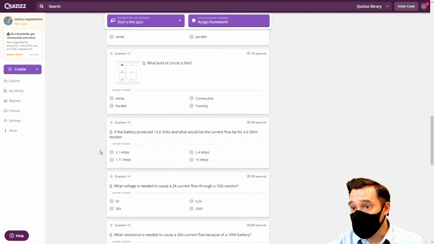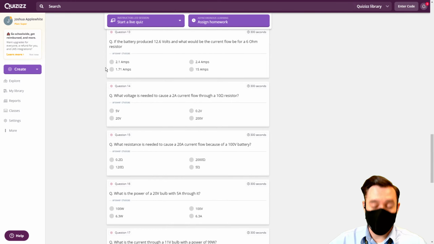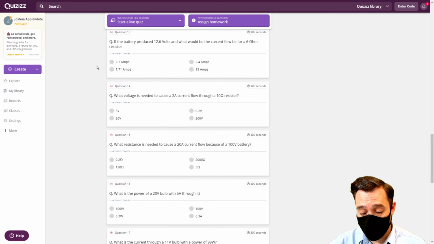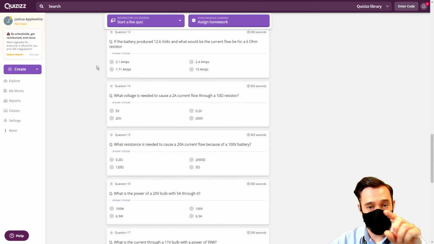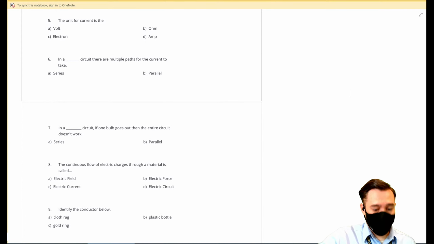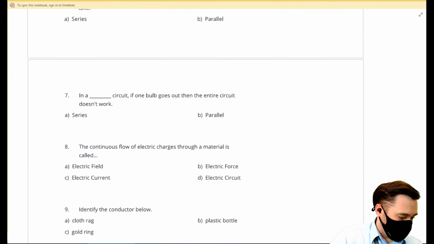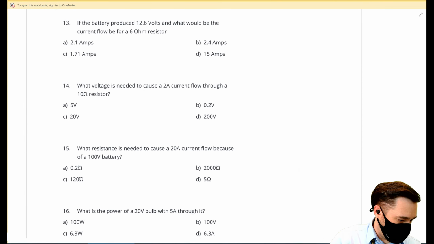So what I want to discuss today is I'm going to give you guys some very basic electricity equations. And what I'll also do is I'll have the expression solved algebraically for the other variables too. So we're going to start with